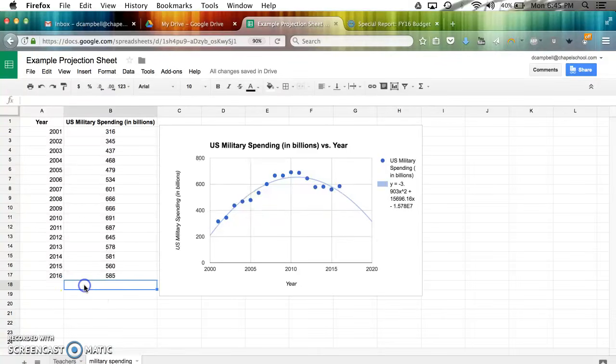So let's just put that down here, and we're simply going to use that formula on the chart: equals -3.903, and then instead of x we're going to put times the year 2050 squared, plus 15696.16, and then instead of x I need to put times 2050, again x being the year we're predicting. It's what's along our x-axis down here,